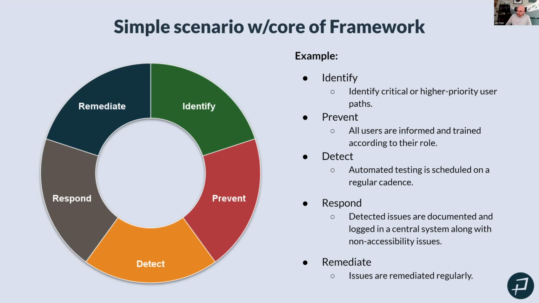Respond, detected issues are documented and logged in a central system along with non-accessibility issues. And then remediate, issues are remediated regularly. If you start to think about it, just by picking one outcome from each, we could start to have some impact. I also like this example because in just a few minutes, I can effectively communicate that web accessibility cannot